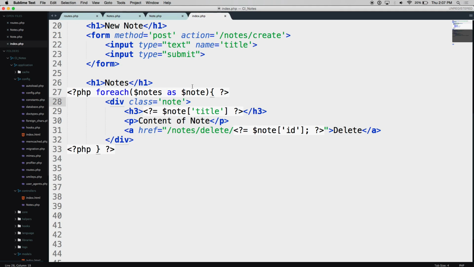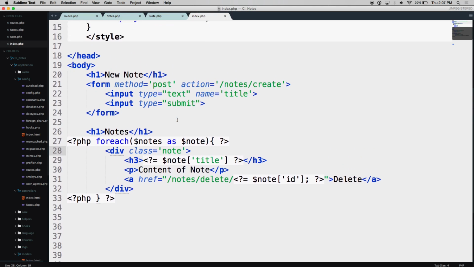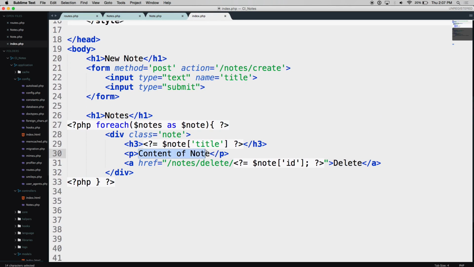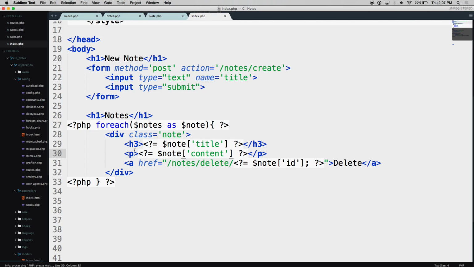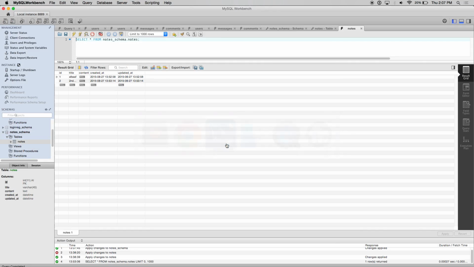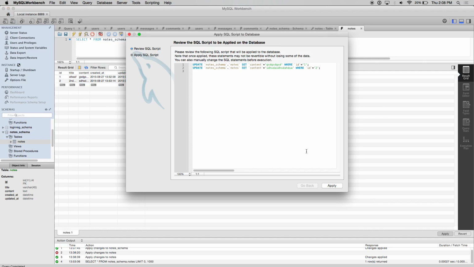So let's go back to our page here for notes. And this part right here, even though we say content note, this should be replaced with the content of the note. So I'm going to put here content, because even though it's going to be blank, I still want my content to be there. It's printing blank right now because all of them in the database are empty for content. But if I were to hard code some content on both of these, just to see them,